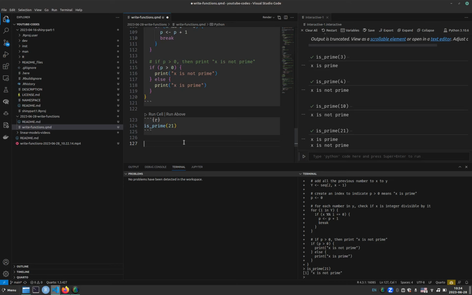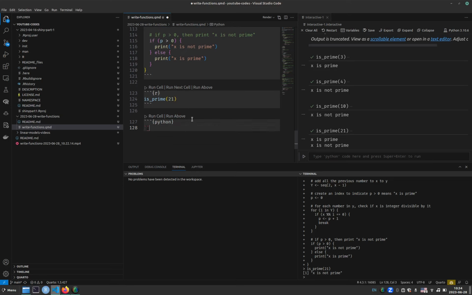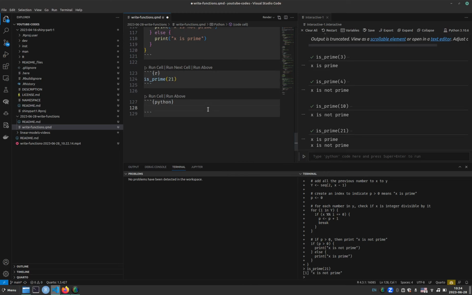Some of you have asked me about ChatGPT and Copilot and all of that, and I will show you that those are useful to provide some skeletons that we can use for our functions, but we need to be very careful with what we have in there and how we use that. For example, if in Python we type a comment here like: write a function to test if a number is prime,